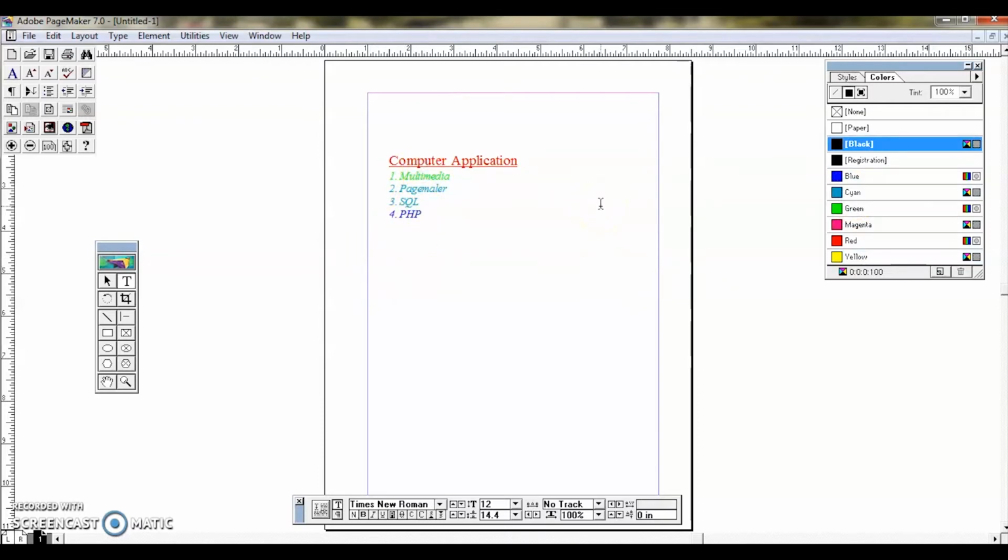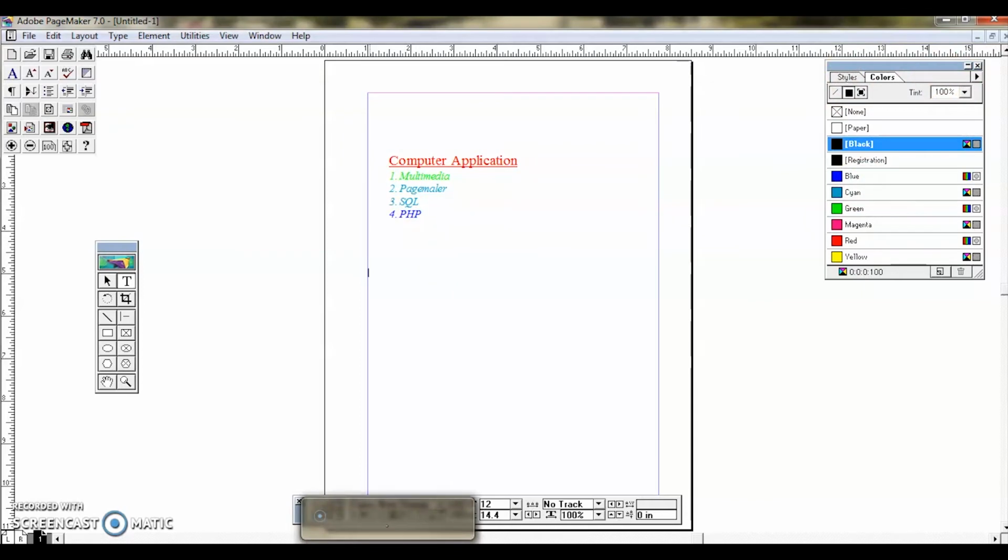So like this, if you want to give any color, you can specify from here. So these are all the changing text color. Clear? So up to this we have seen how to format using character specification dialog box and character formatting control palette, and how you can change the text color using the colors.